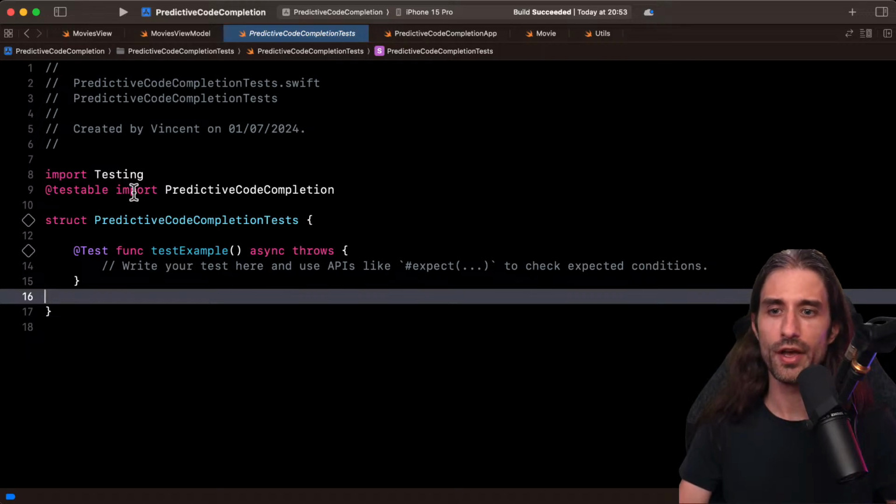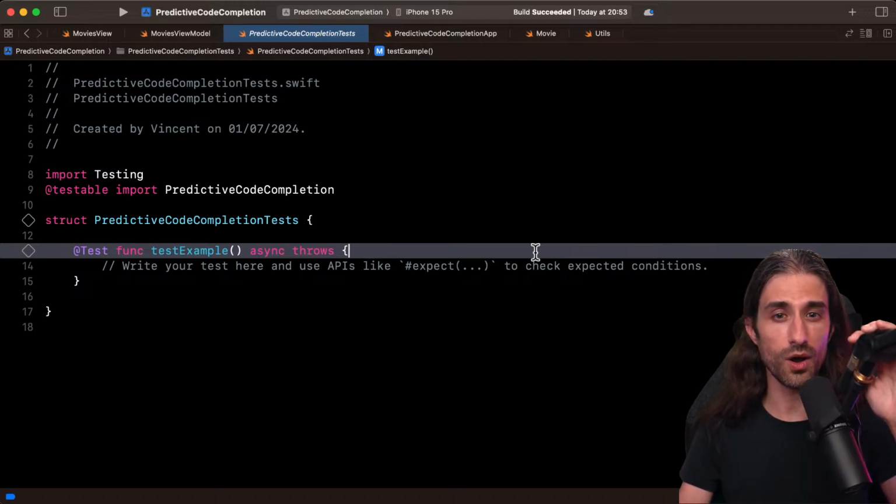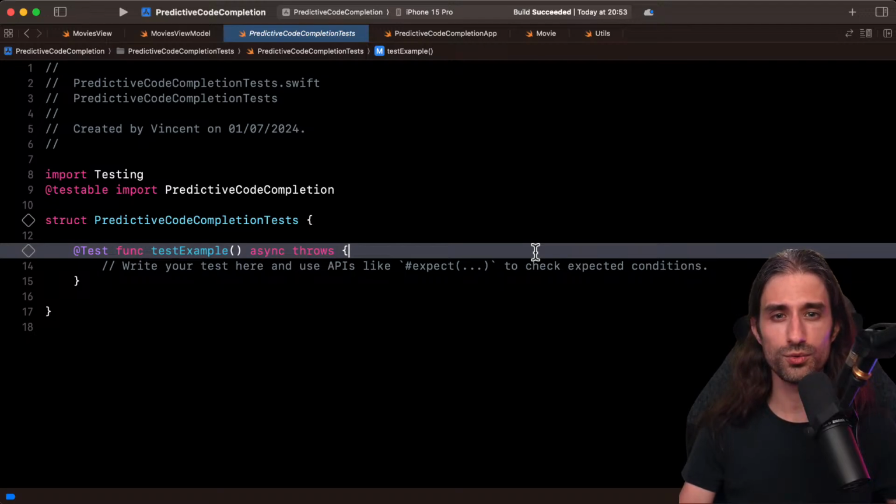I will do a dedicated live stream on Swift Testing later down the line this year, but we'll still get to see a glimpse of it right now. And I'm curious to see how the predictive code completion will be able to help using Swift Testing, given that it is a brand new framework. Outside of Apple, there was no code to train the AI on when it was being trained. So I'm very curious about it.